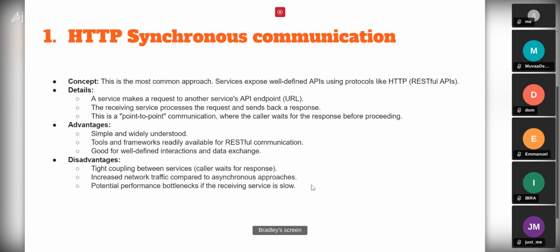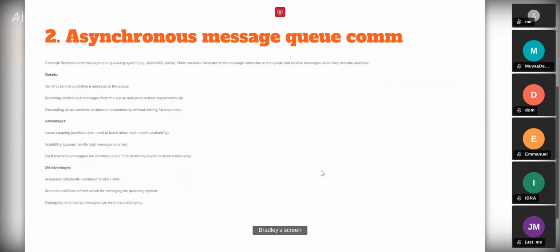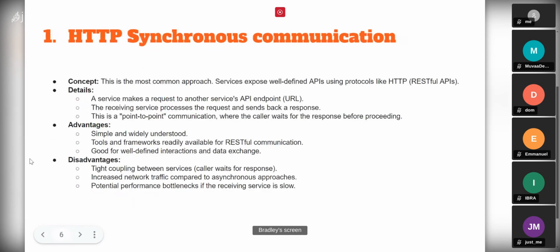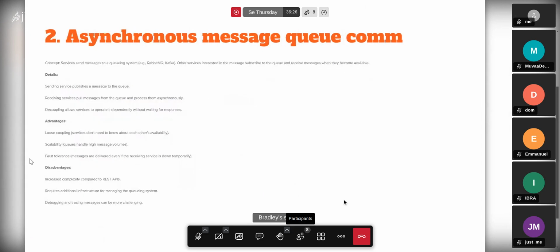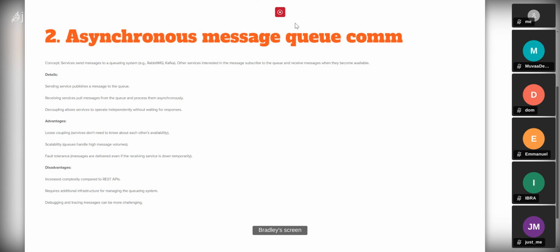Okay. Then the second model was introduced, right? An asynchronous message queue. So this came to solve a lot of the problems in communication that were previously in the HTTP method of communication. Okay, so the services most popularly used for messaging queues are RabbitMQ and Kafka.